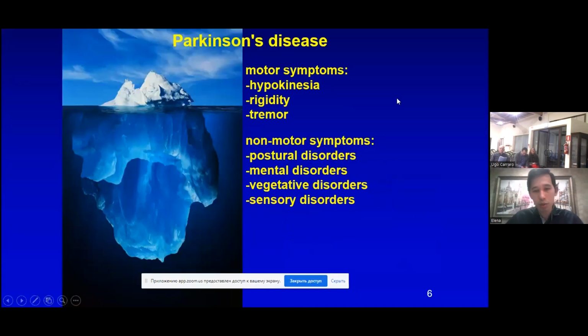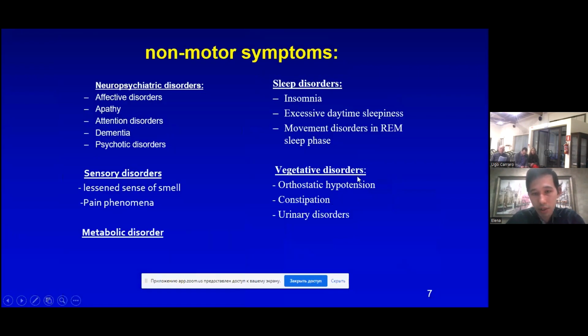There are motor symptoms and non-motor symptoms. The majority of symptoms are non-motor, such as postural disorders, mental disorders, vegetative and sensory disorders. The main motor symptoms are hypokinesia, rigidity, and tremor. Here we can see the most common non-motor symptoms: neuropsychiatric disorders, sleep disorders, vegetative disorders, and sensory disorders with metabolic